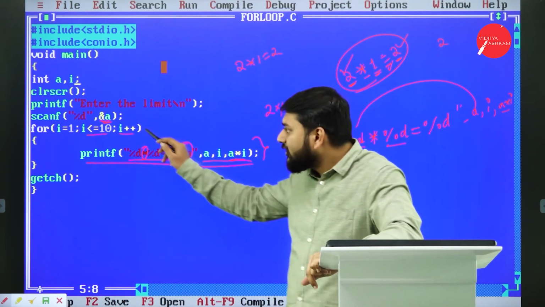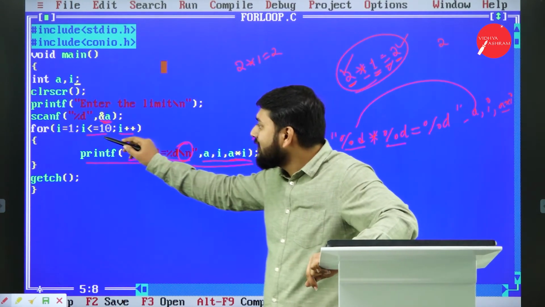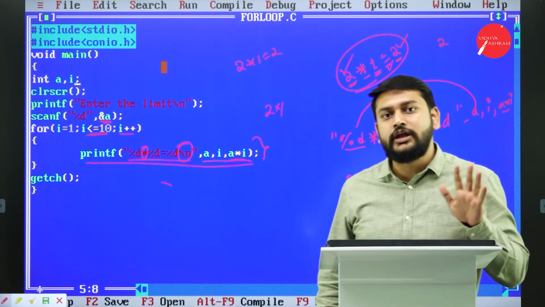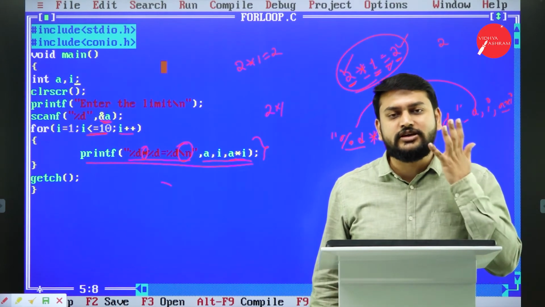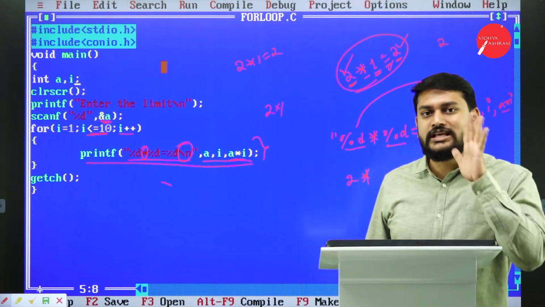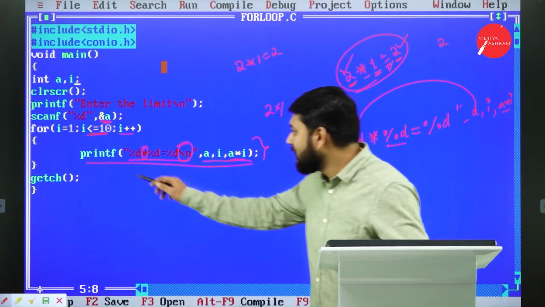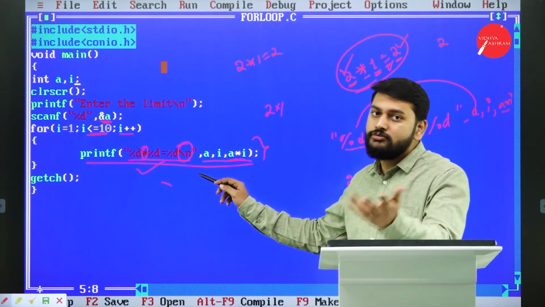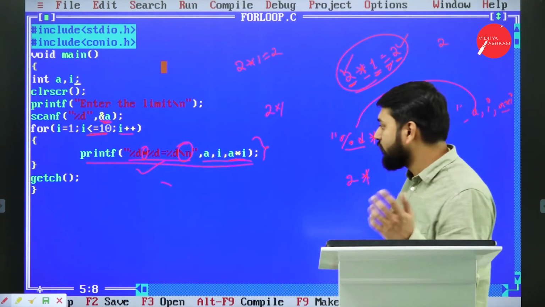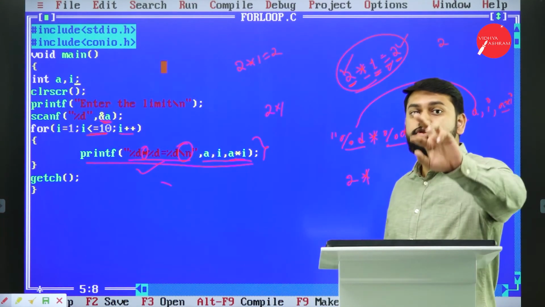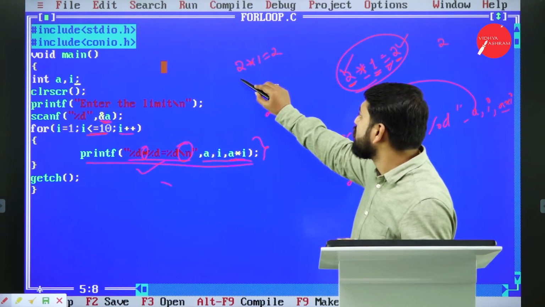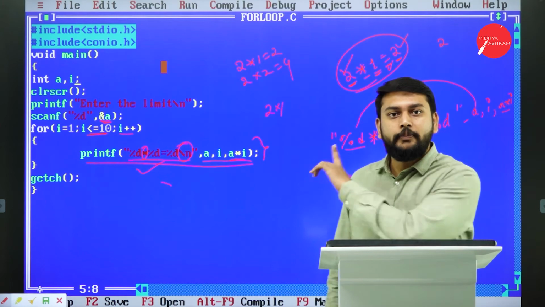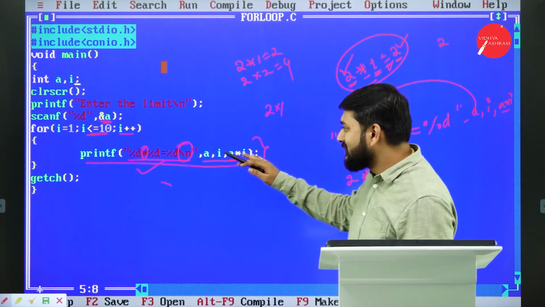After getting incremented, again it will check the condition. 2 is less than or equal to 10. Is the condition true? Yes, of course it is true, because 2 is less than 10. So again, this statement will be executed. The same way. A value right now is 2. It is never changing. I value is 2 now. So 2 into 2 is equal to 4. It will print. After that, again it is done with the statement.